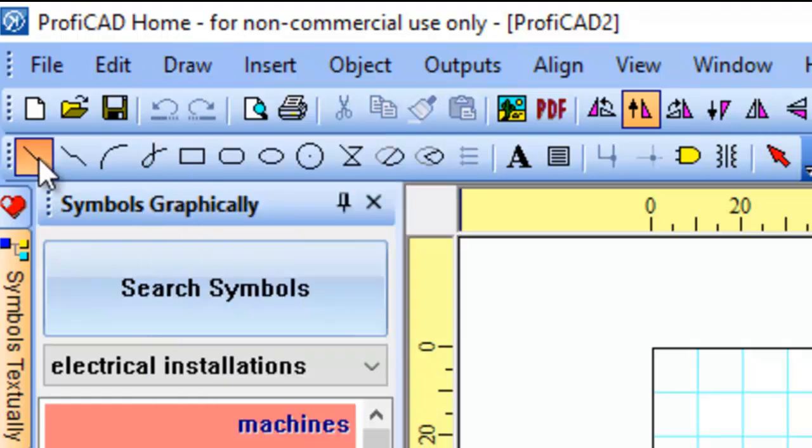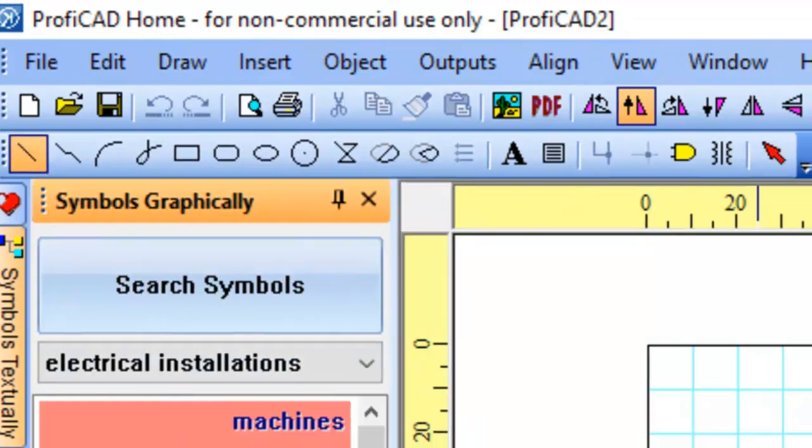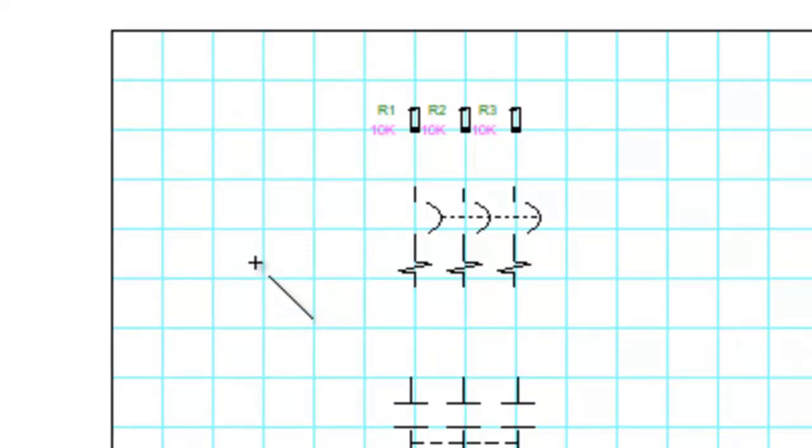When you come, you see something like a scepter with a plus sign at the end. So what you do is that you take it to where you want to actually put the line. So I want to put a line before the fuse. The point I want the line to start, I will take the crosshair to that particular spot and then click on it. Then let's take it again. Click,